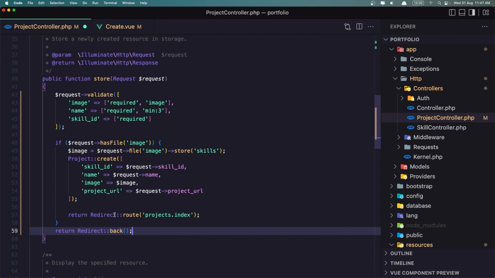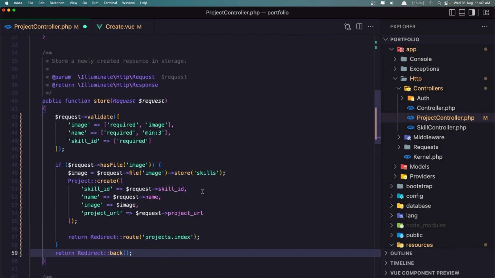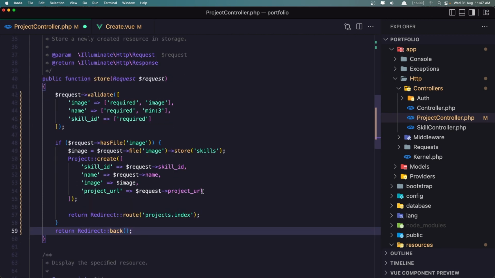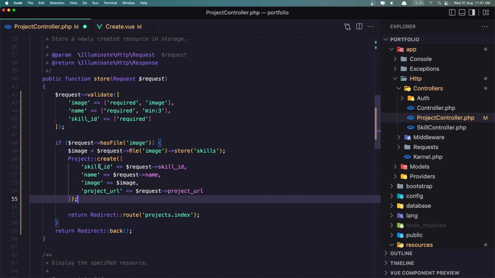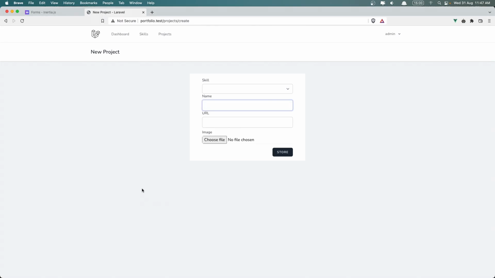So when we return and redirect, we can say with message and say that message. But for now, I'm going to leave it as it is. So we say Project::create, skill_id, request skill_id, and so on. Let's save and let's see if we can